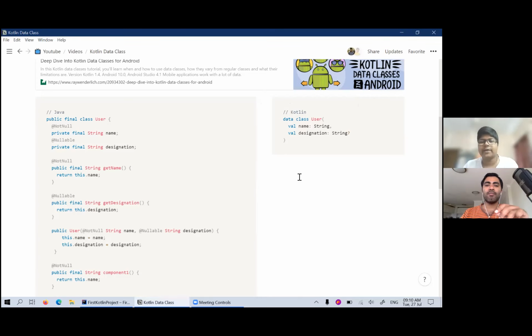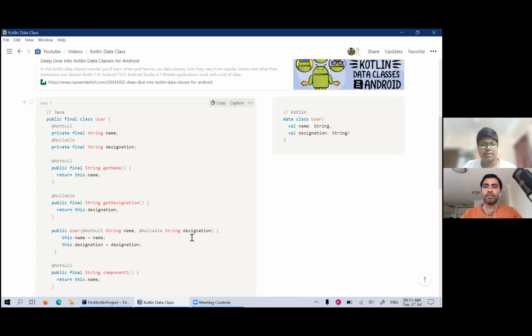So it is not very similar to Kotlin, but maybe Kotlin is inspired by that. There is a certain kind of overlap, because setter and getter and all this will be generated by Kotlin, and the constructor as well. Okay, got it. So even in your latest Java code, you won't have to write all of these things? Yeah, the setter, getter, hashcode, constructor, you don't have to write. You just have to write string name and designation, and you have to put some annotation.